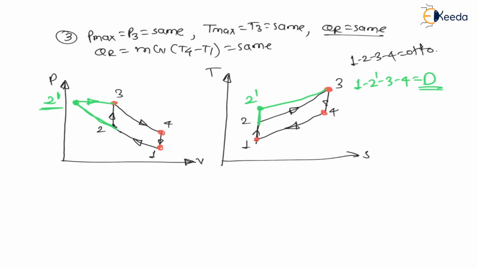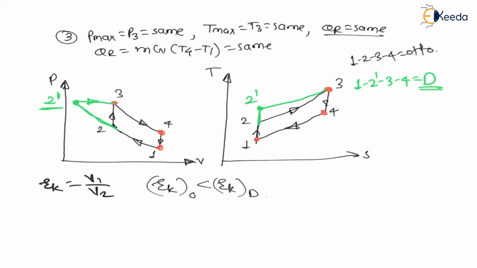Now let us do the comparison. Now here maximum pressure is the same, maximum temperature is also the same, but 1 to 2 dash, 1 to 2 is the compression process. Therefore compression ratio, which is nothing but V1 divided by V2, right. If I check compression ratio V1 divided by V2, for the Otto cycle it is up to this, and for the diesel cycle it is very high as compared to the Otto cycle. Therefore compression ratio of the Otto cycle is less than the diesel cycle. rk of Otto is less than rk of diesel.